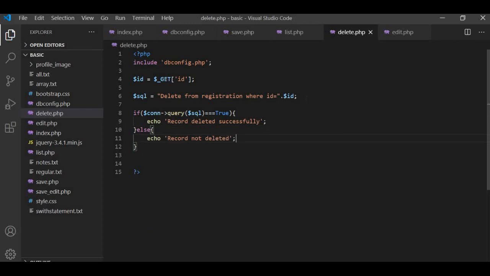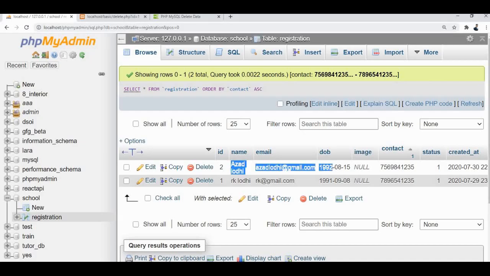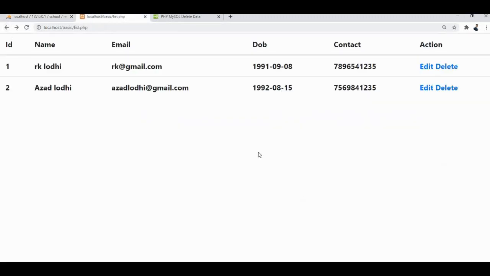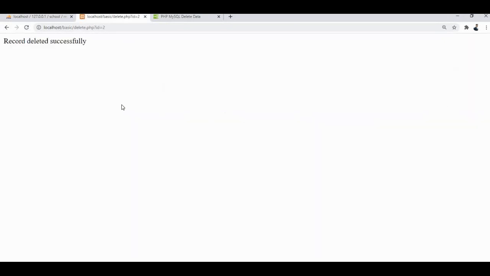Okay, now we will hit the delete button again. So here we have got record deleted successfully from ID 2.